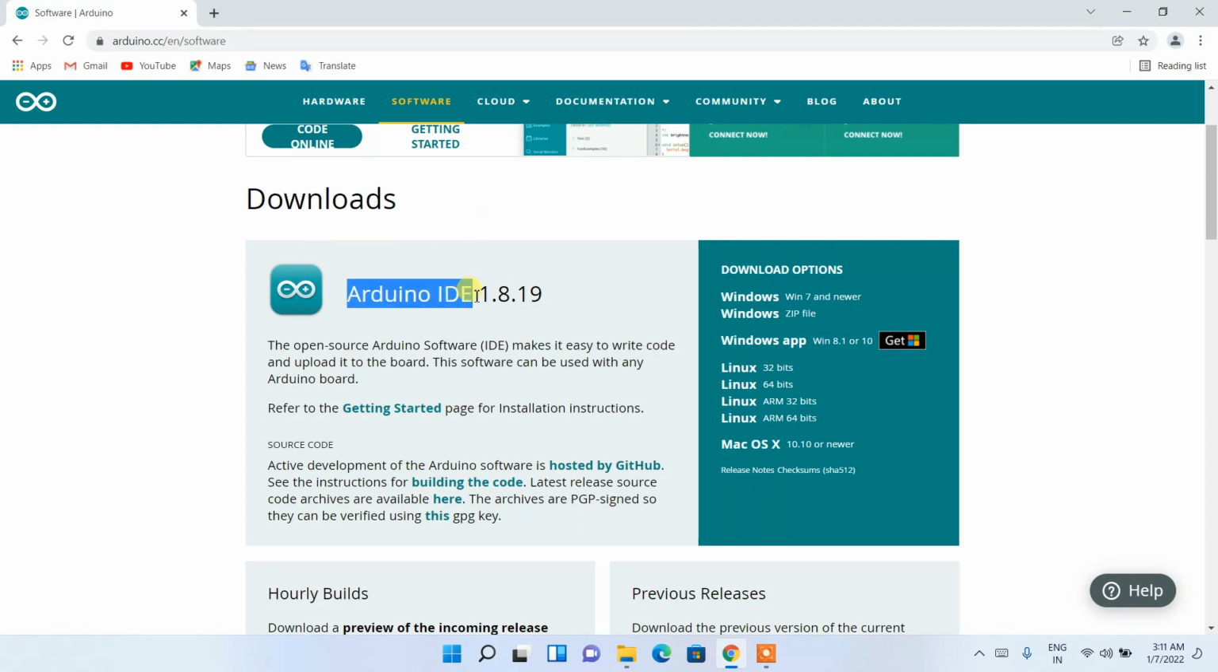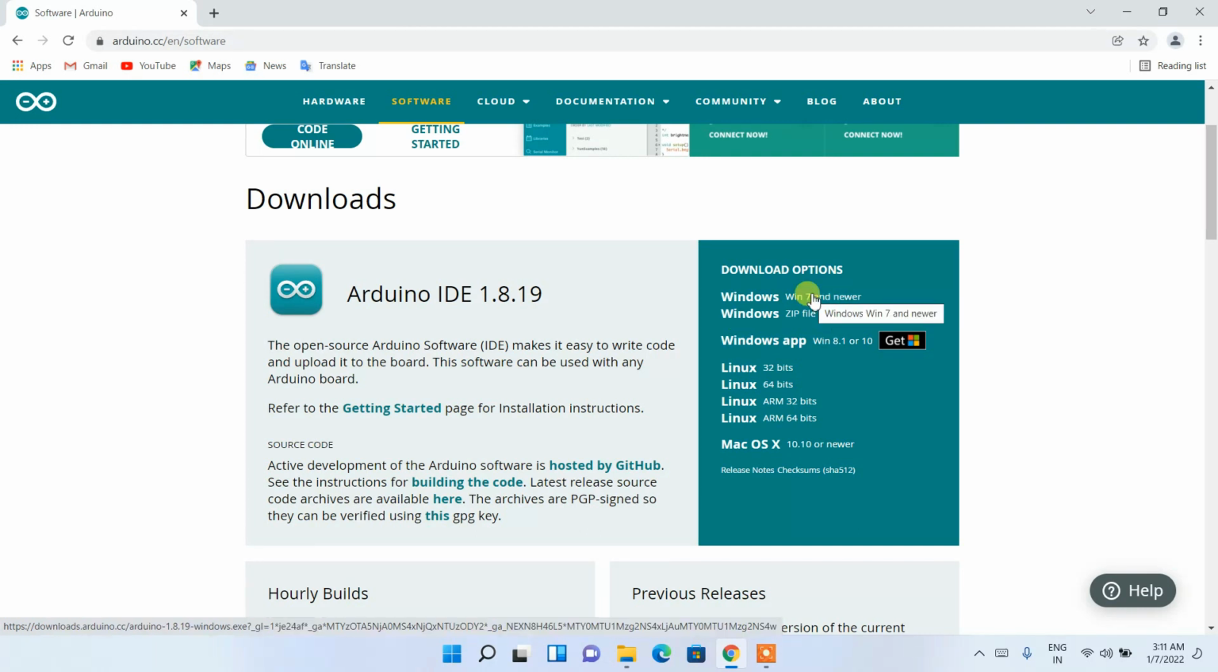See, Arduino IDE 1.8.19 is available for download, and here under download options it is available for Windows 7 or newer version, and also if you are using some other operating system like Linux or Mac OS, then also you can easily download it from here. Since I am using Windows 11 operating system, I'll just click on this Windows 7 and newer version. So just simply click on that,